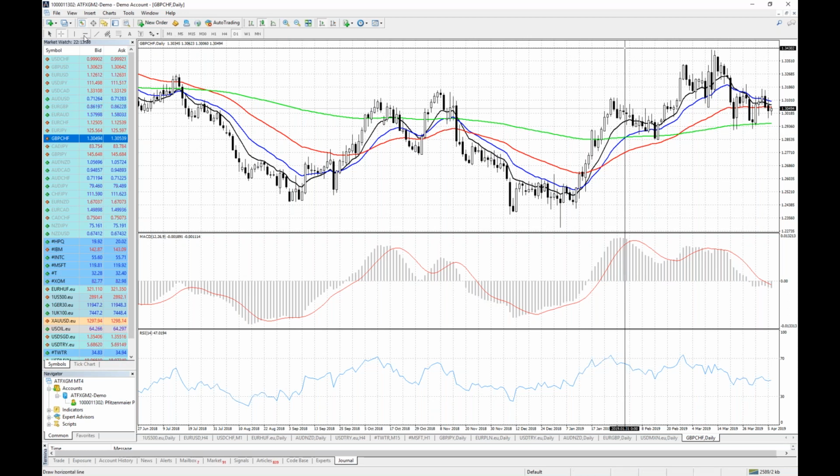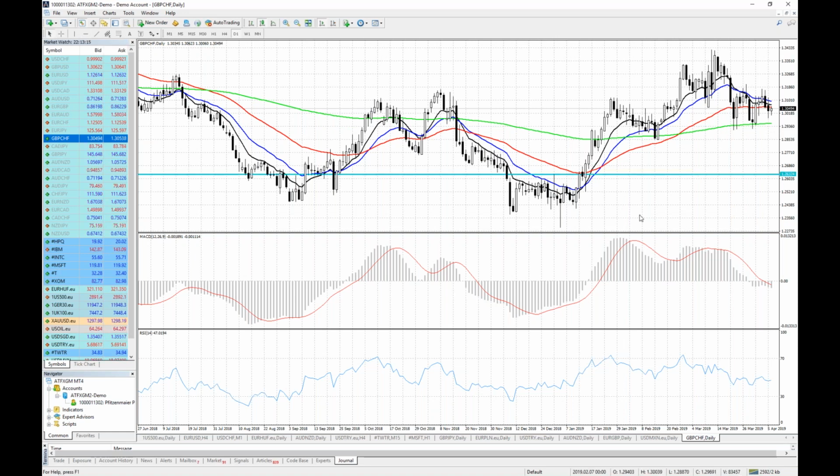And I can easily draw that flat horizontal level. I'm just picking here my horizontal line tool and I'm just clicking somewhere and this line appears. Double click on the line and you see those small handles appear. Now I can just grab this line and drag it upward. And essentially, this is how I draw those lines. I just pick those lines, I move them around, and I want to see that actually price has reacted to that same price level several times.